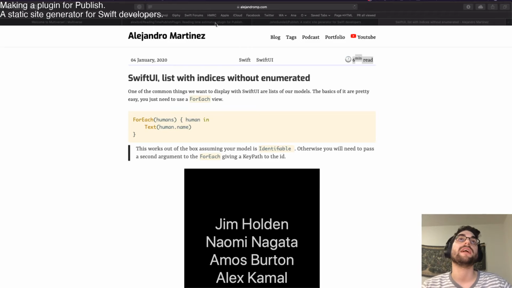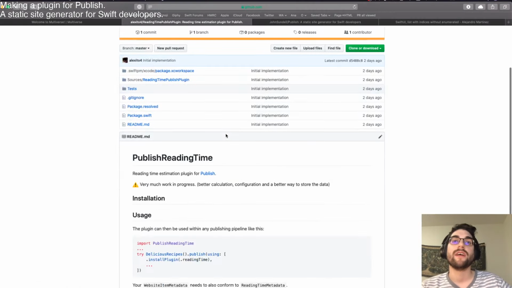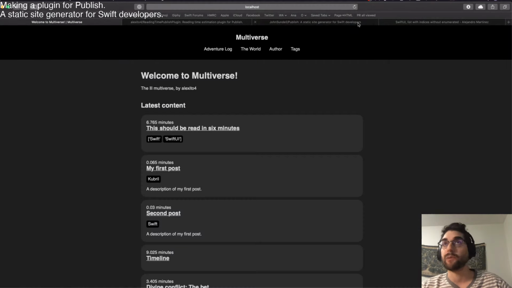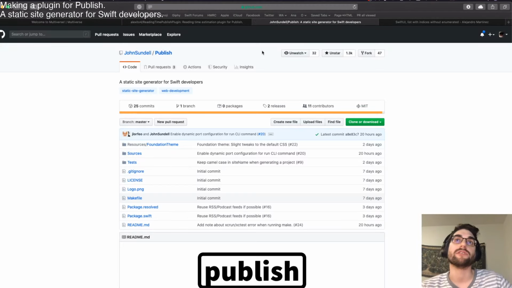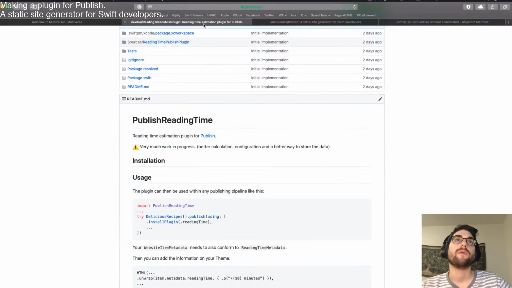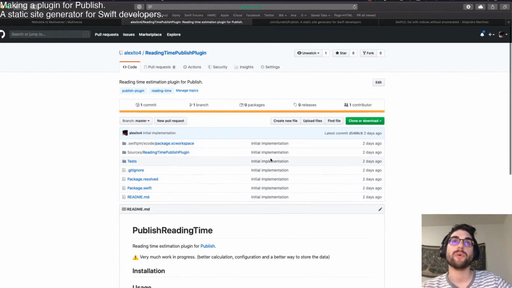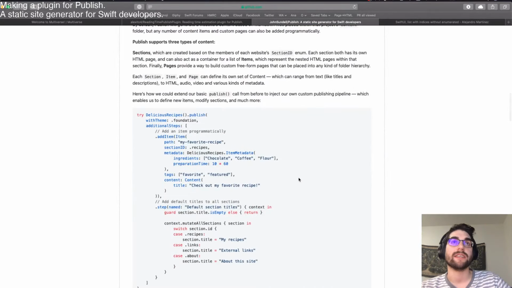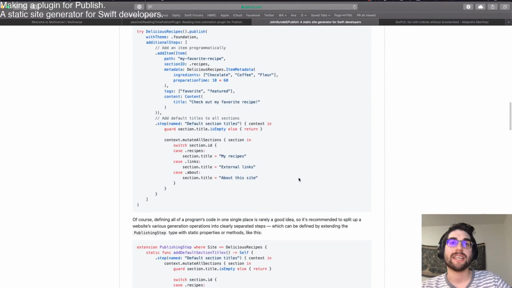So I thought let's try to build the same thing for Publish, so in case I end up finishing this or moving my website, it's there, and if somebody else wants to use it, that's good. So basically I wanted to explore a little bit and show you how you can build your own plugin for Publish. It's quite easy. If you go to the documentation, you already see that Publish is extensible,